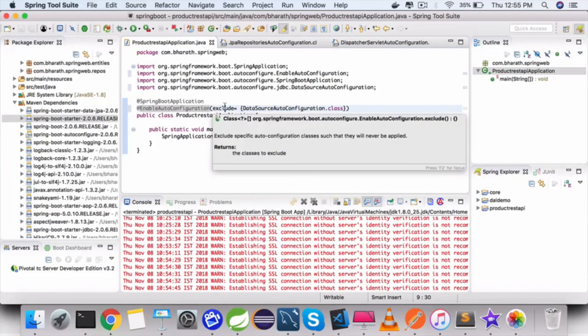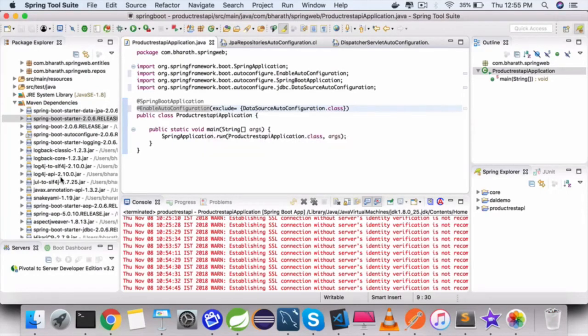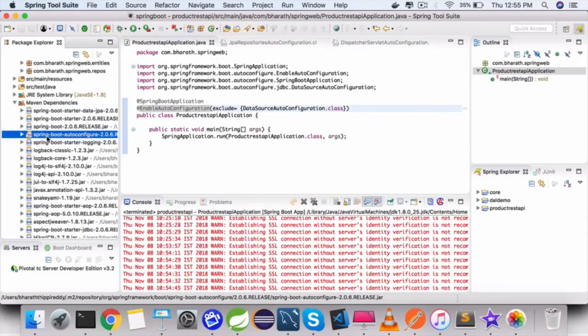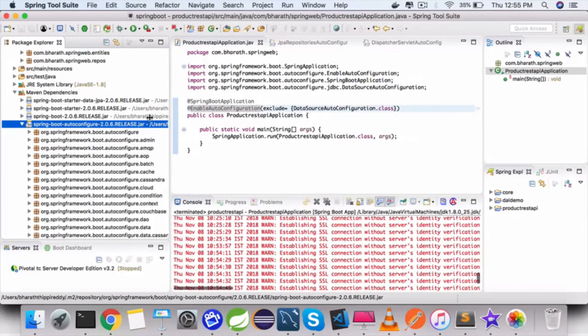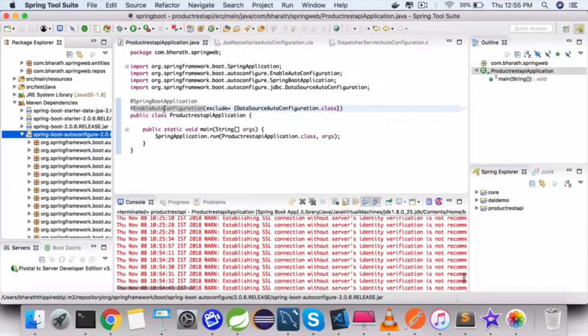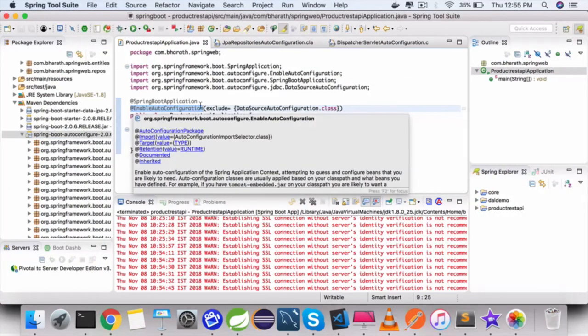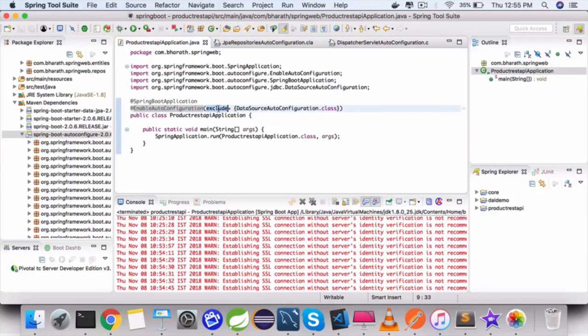So in this lecture, you have learnt all the magic that Spring Boot does behind the scenes. It looks at the class path, and using this auto configure module, it will enable the respective configurations for our project. And if you want to disable them at any point, use the EnableAutoConfiguration annotation with exclude within brackets and the appropriate configuration class.